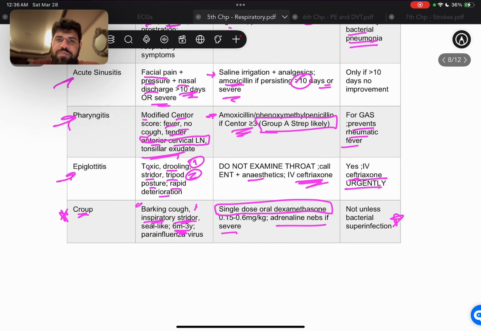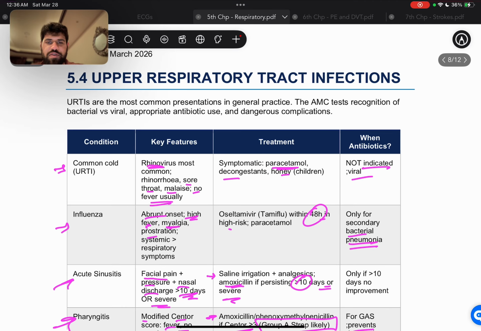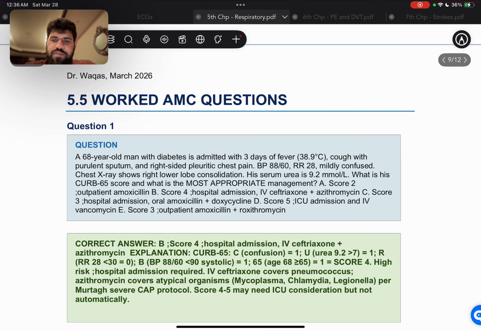So these were all the important topics from today's session. We covered asthma, we covered COPD, we covered acute asthma exacerbation and emergency, we covered pneumonia and the different organisms, we covered URTI, the most common ones that I saw recently. And these are all of the worked